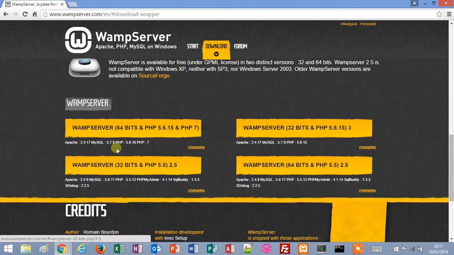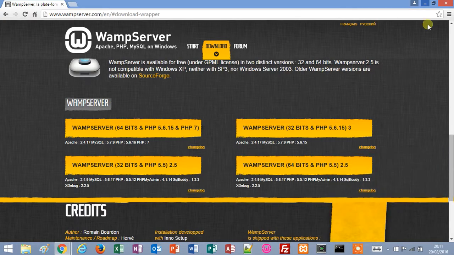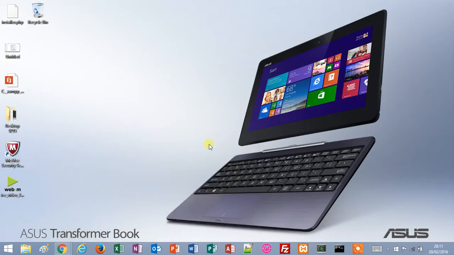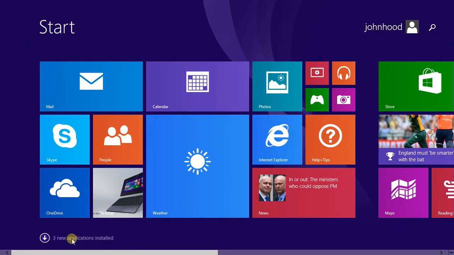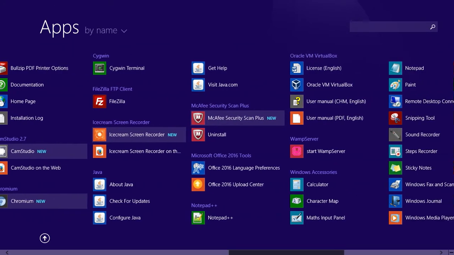there's various downloads for it here, and if you download the one which is most appropriate to your system and go through the various dialog boxes during the setup, what you'll get once it's installed is the WAMP icon. You'll either get it in your list of installed programs